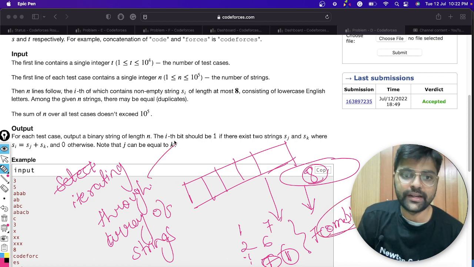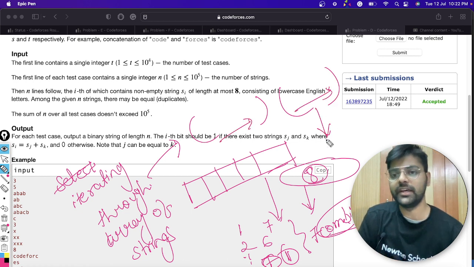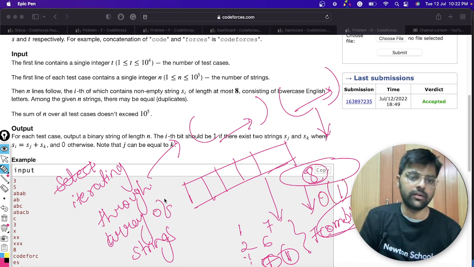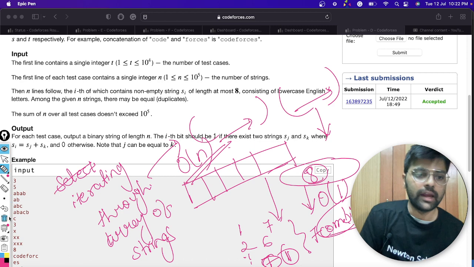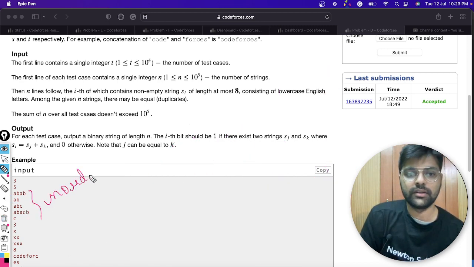So we will iterate and create 2 substrings, this one and this one, and then we will check in the hash map. This will give us constant time, order 1, and one iteration gives order n time, right? So now we will need to maintain, let's say, an unordered set or set.